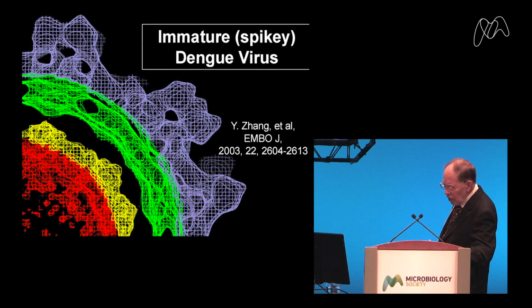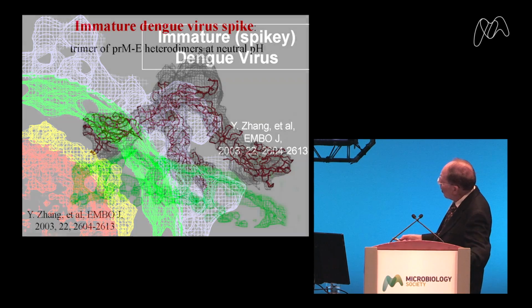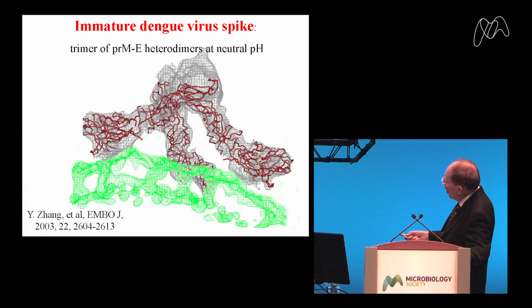As I said, there's also an immature virus, and the immature virus had spikes, as we have already seen, and these spikes could be interpreted in quite a different way. Here's one of those spikes, and this is the structure of the monomer fitted into each spike. And now the fusion loops, and remember this is the immature virus, the fusion loops are 3 of them here on top. So this is a trimer with fusion loops here, but there's uninterpreted density.